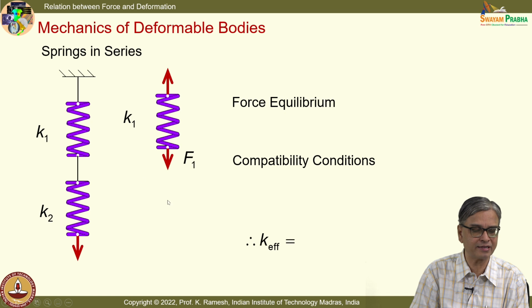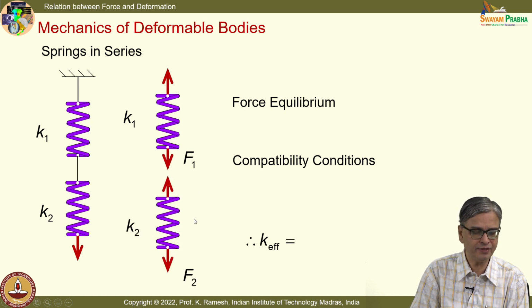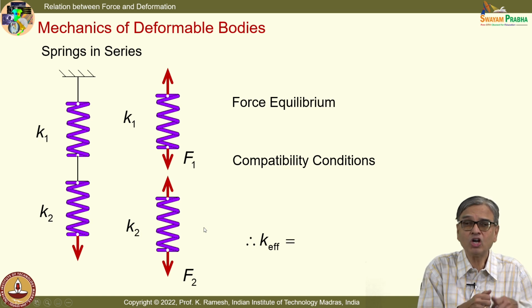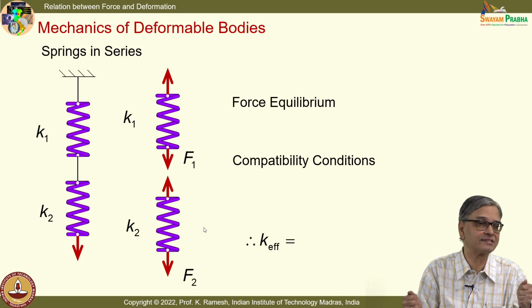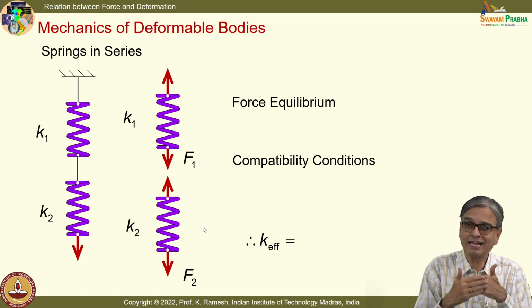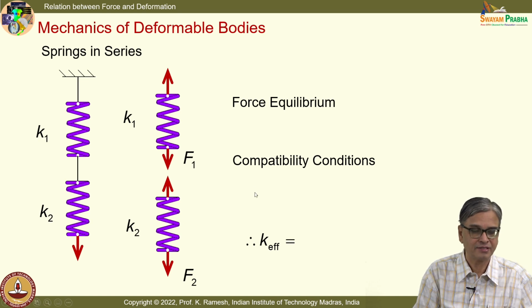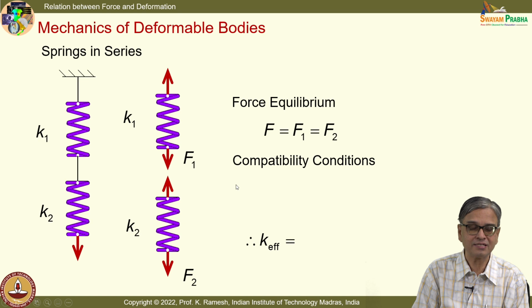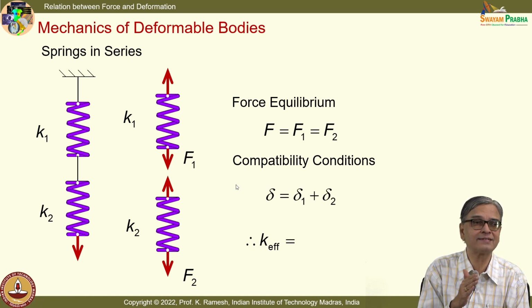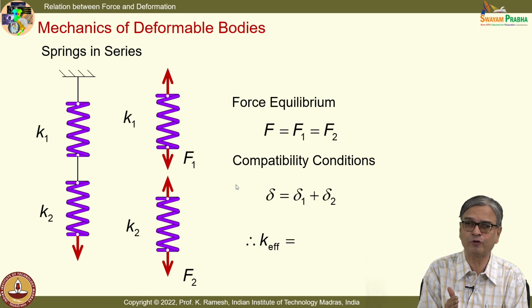I have a spring 1 pulled by force F1 and spring 2 pulled by force F2. Because they are connected in series, it transmits the same force, okay, but each one will have different displacements. So, the force equilibrium is each of the spring is experiencing the same level of force, but the compatibility is